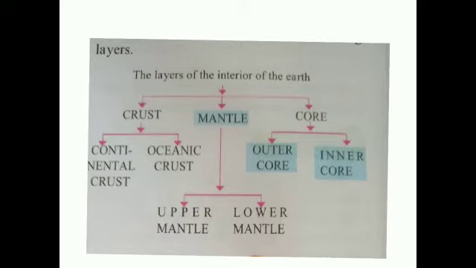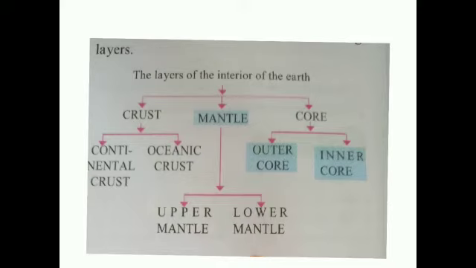While going from the earth's surface to its core, major changes occur in temperature and density. With respect to these two elements, the earth's interior can be divided into the following layers. There are three main layers. First one is crust, second one is mantle, and third one is core. First of all, I'll explain what the crust is.